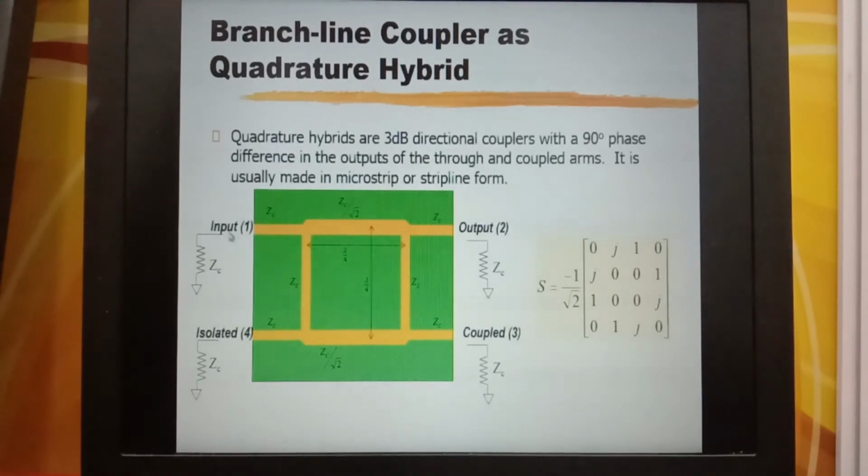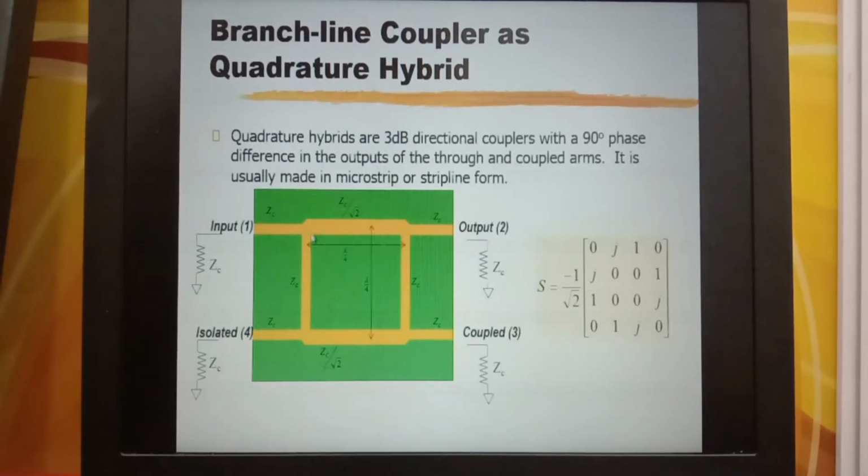That means when the signal is fed to port 1, this signal will be transmitted to port 2, and at this T junction, half of the power will be directed to port 3. Therefore, the power output at port 2 and port 3 will be equal, but the phase difference is 90 degrees because of the quarter wave line, which gives rise to a phase shift of 90 degrees. No signal is coupled to port 4